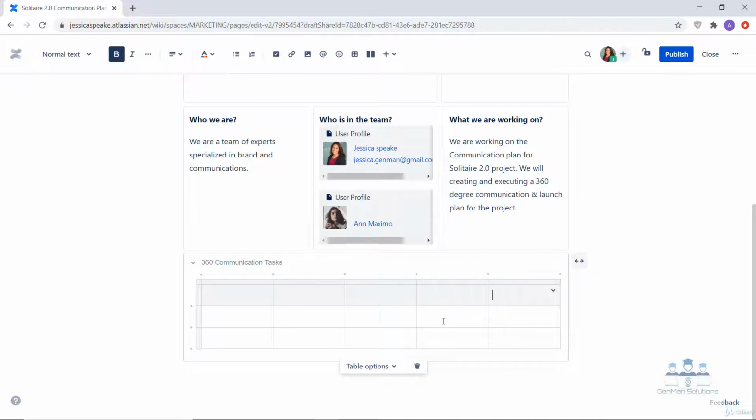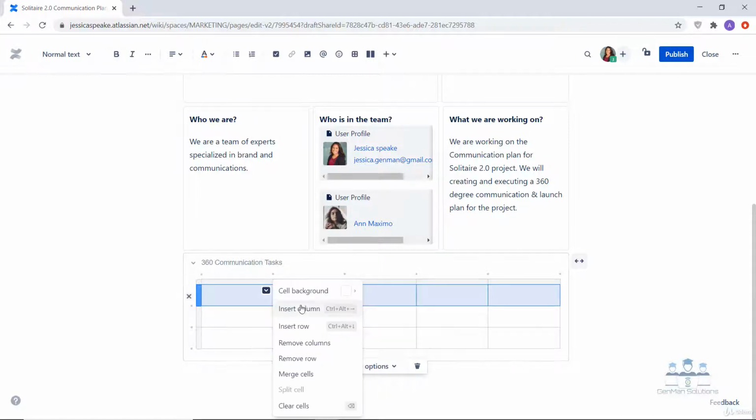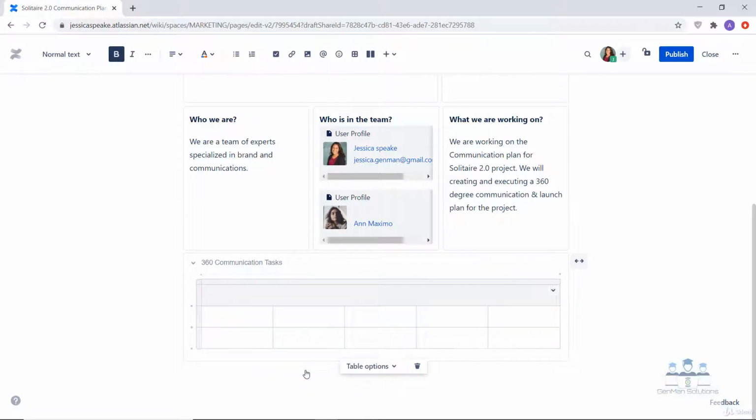Now let's merge the first row to provide a heading to the table. So you can select merge cells from here and insert the heading. Now let's use the second row to insert the column name. In order to highlight the column name, let's color the second row with a different color.